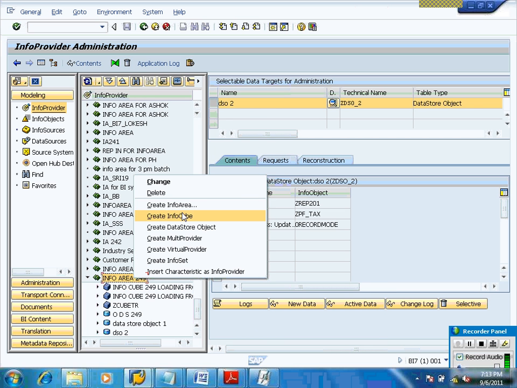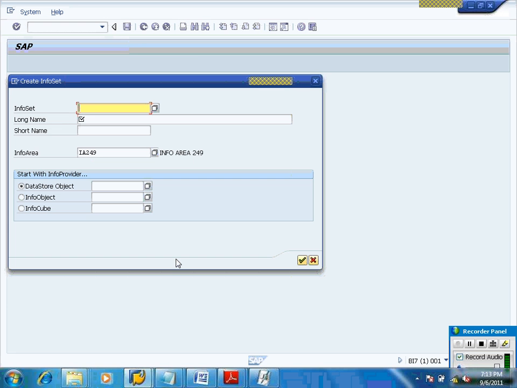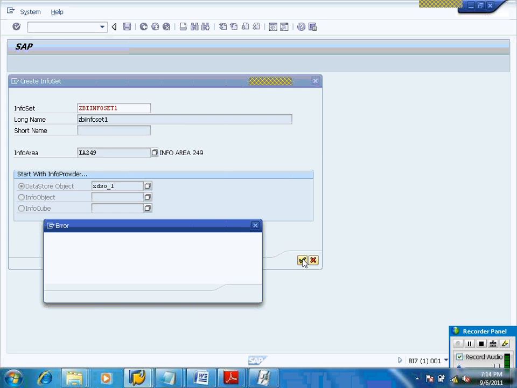Okay, now the DI info set. So create info set. I'm creating DI info set 1. Now you can see data store object GDSO_1. This is your first data store object.